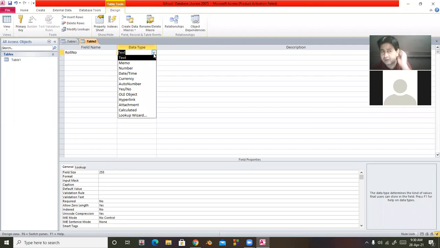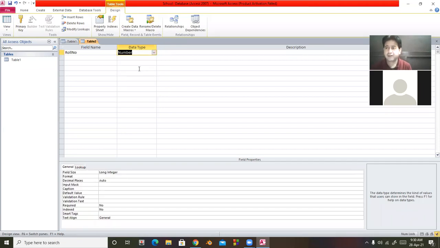So the data type must be number. In number, we can enter only numeric values, only digits. We can't enter symbols. We can't enter characters.